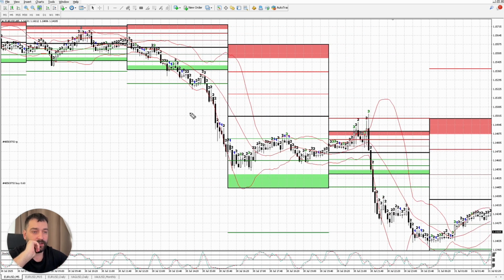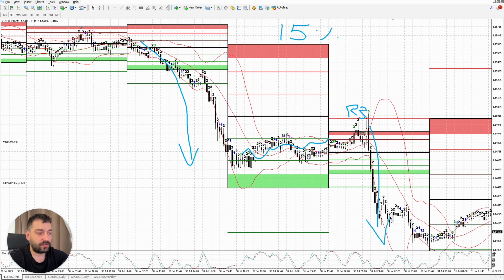You can see this is right after Trump announced 15% tariffs with Europe, and you can see a strong move down, a small bounce to R3, and again, this is 4-hour pivot points. Again, strong move down. You can see that price went through the first, second and third support levels instantly, so there was no stop